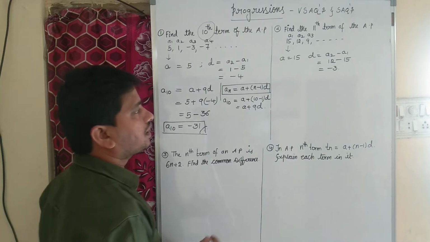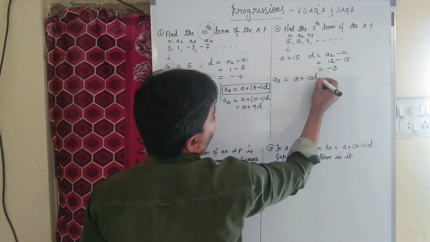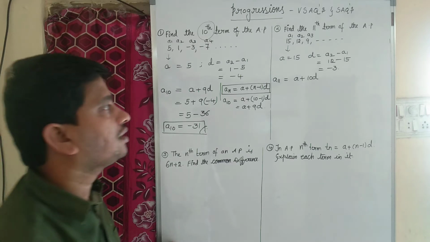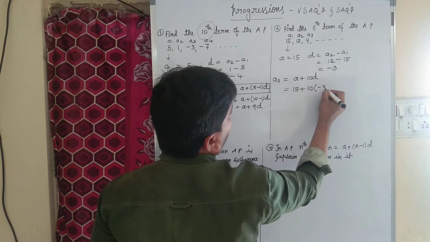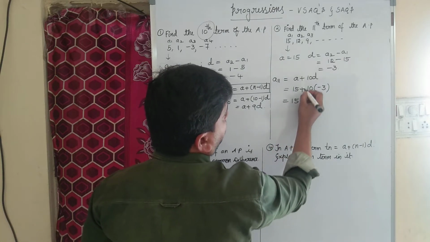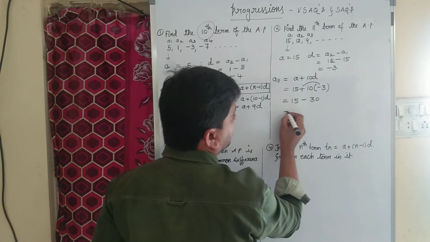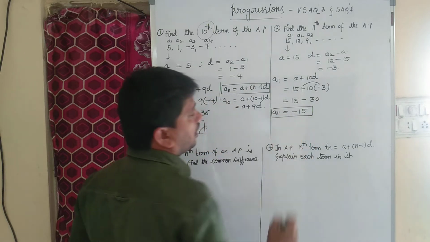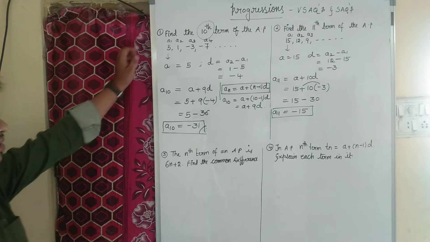Now the thing is, we have to find the 11th term of an AP. A11 equal to A plus 10D. What is the 11th term of an AP? A11 equal to A plus 10D. Right? So A value is 15 plus 10 into D value is minus 3. Okay, children. So 15 plus into minus, 10 3s are 30. So 15 minus 30, which is equal to how much, children? Minus 15. So what is the 11th term of an AP? A11 equal to minus 15. Is it clear, children? Yes.